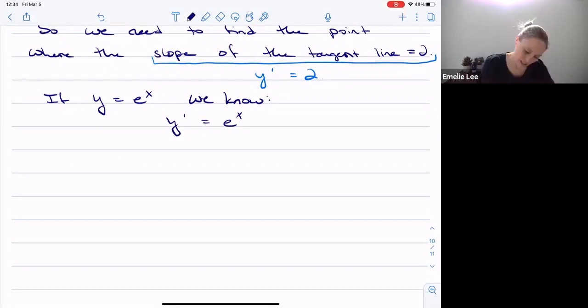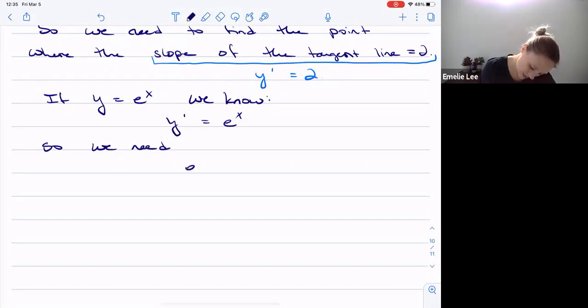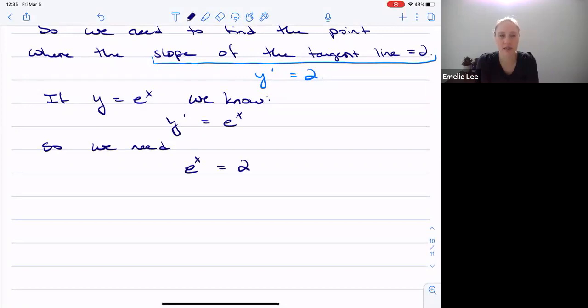So we need e to the x to be equal to 2, right? If we're forcing that derivative to be equal to 2 to have the same slope of y equals 2x. If I'm solving for x here,